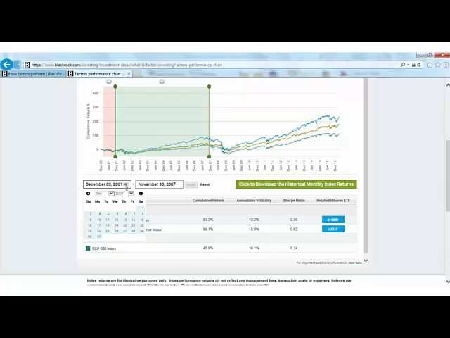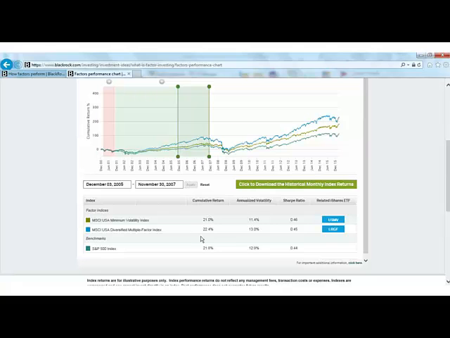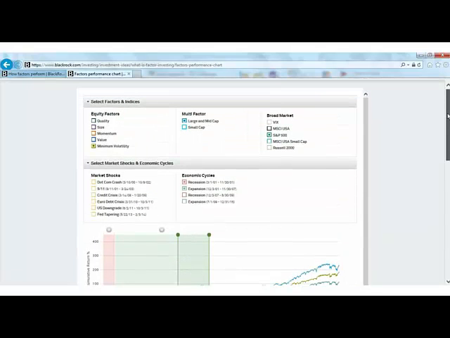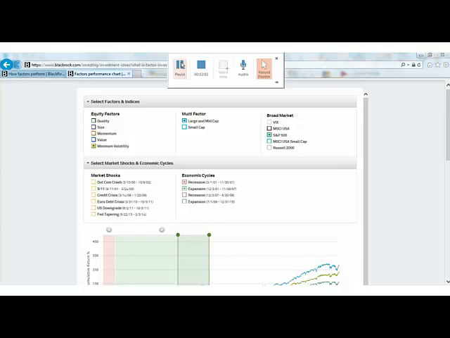Now, in addition to looking at market shocks, economic cycles are also incredibly important to factor-based investment strategies. And so you can select contractions and expansions over the most recent history and identify performance during those time periods as well. Again, as long as the time period is greater than a year, you can see the risk data. And finally, all of these date ranges are fully customizable. So you can change that time period. Once you hit apply, it updates the risk and return.